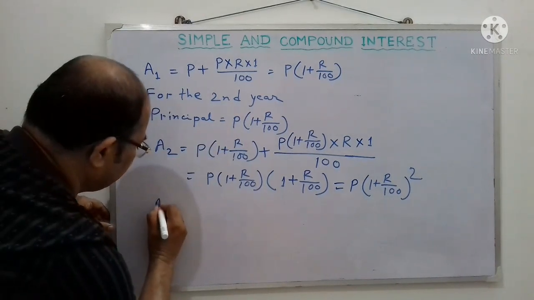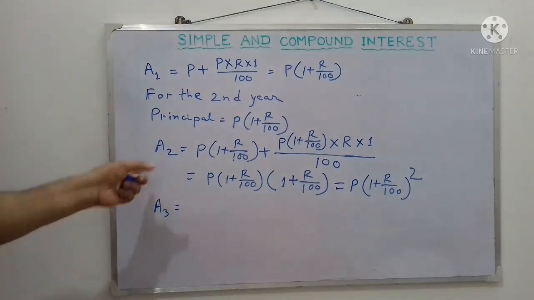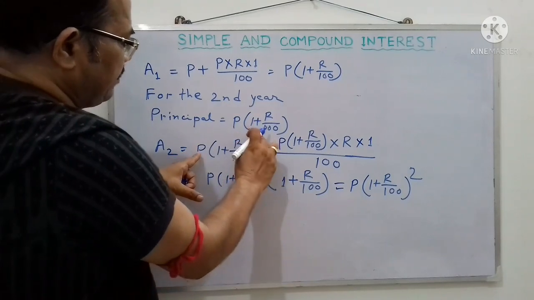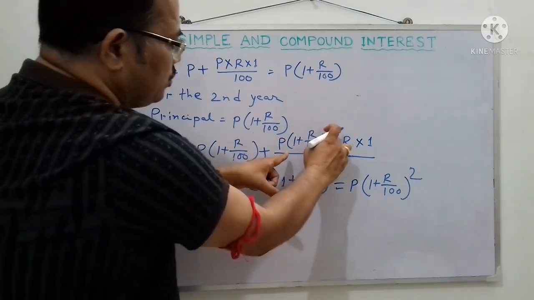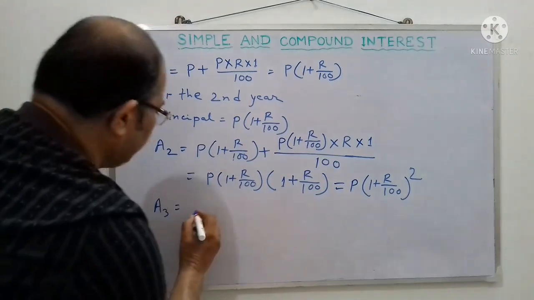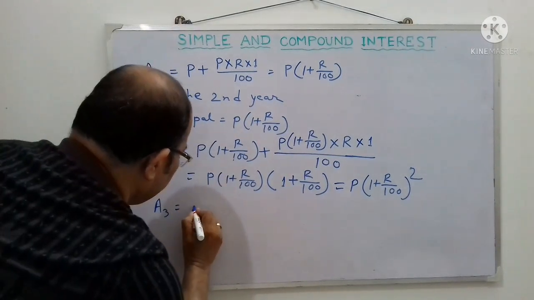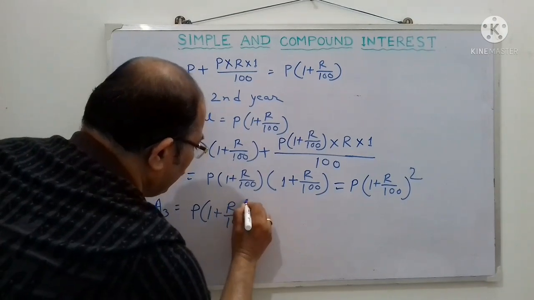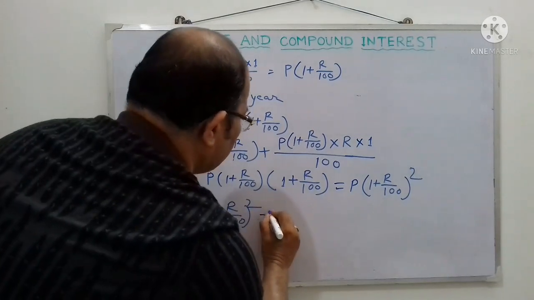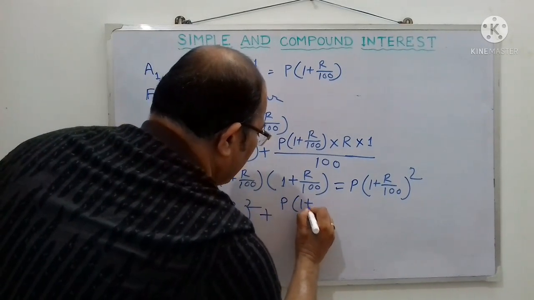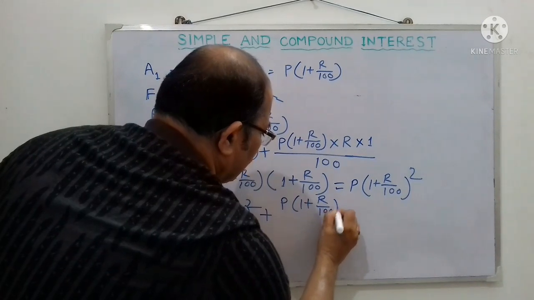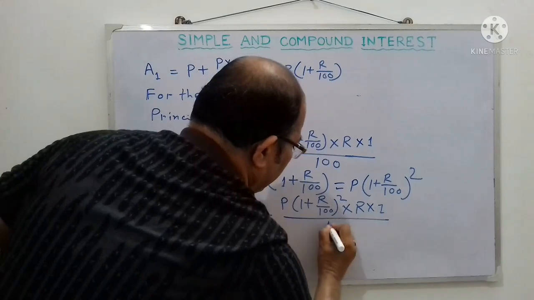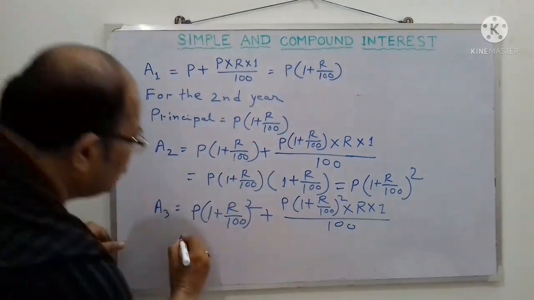After the third year, if we calculate, this will be the principal. So here the time will be 2, and here it will also be 2 divided by 100. That means this will be P into 1 plus R by 100 whole square, plus P into 1 plus R by 100 whole square, principal into rate of interest into 1 year divided by 100, and ultimately we get